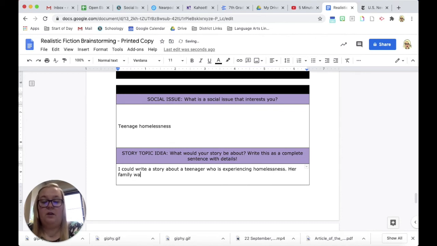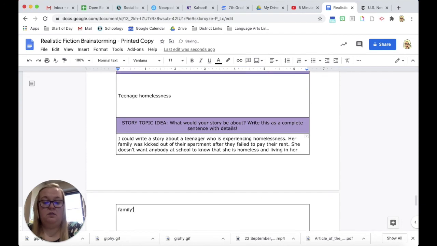Her family was kicked out of their apartment after they failed to pay their rent. She doesn't want anybody at school to know that she is homeless and living in her family's car.